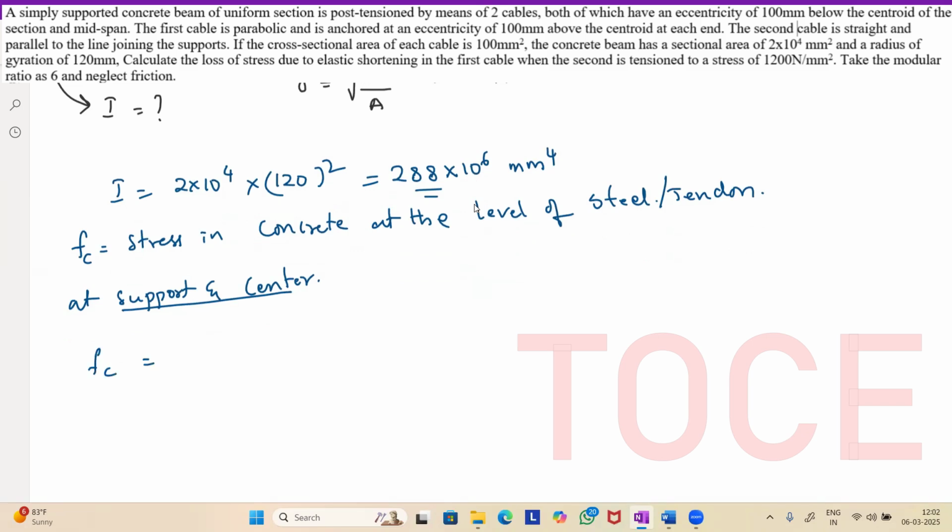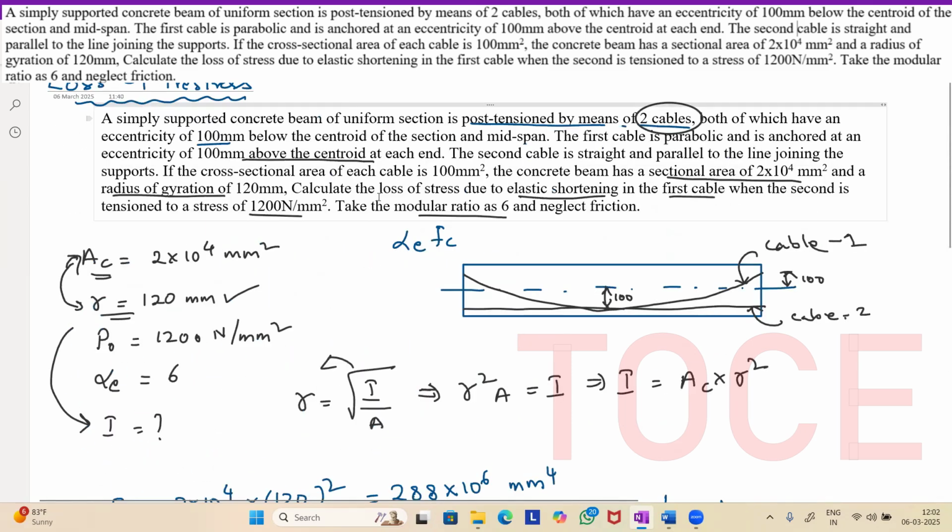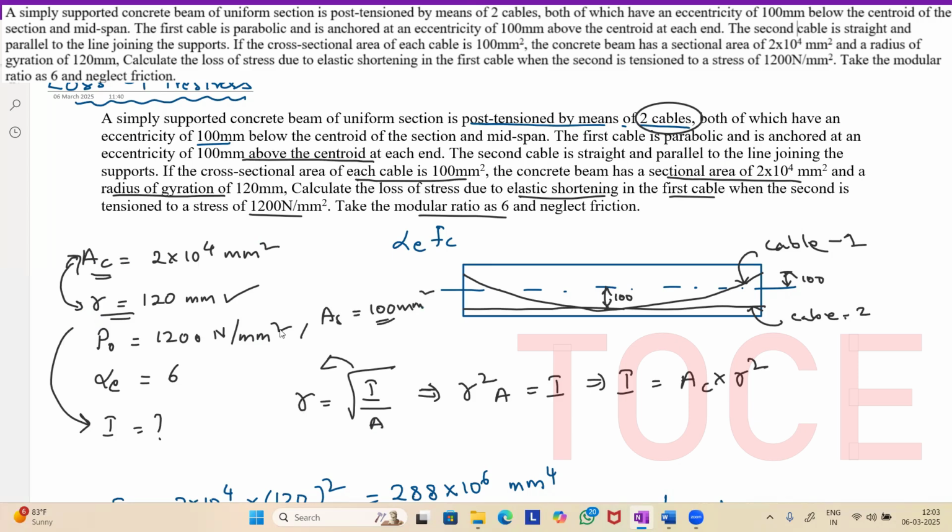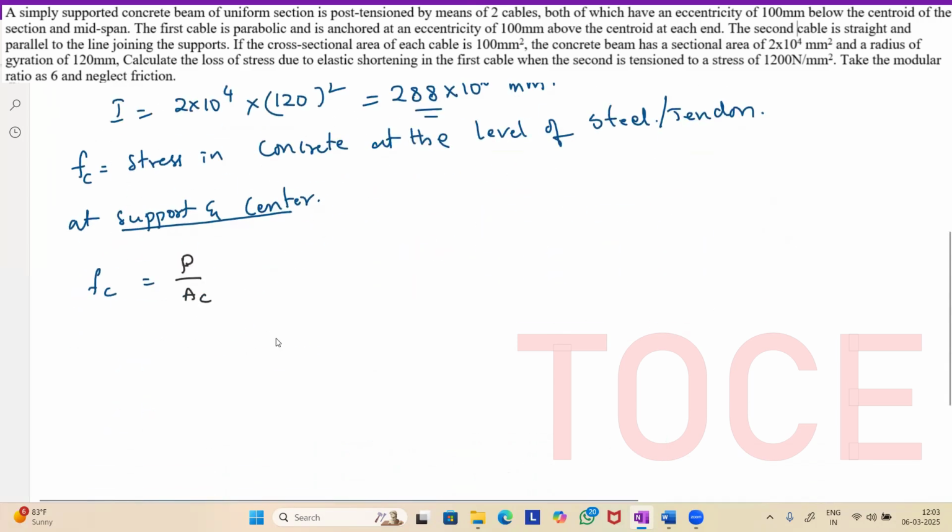FC is equal to the direct stress, that is P by area of concrete. For that we need to know the pre-stressing force, right? Did he mention the pre-stressing force? No, he has not mentioned the pre-stressing force, but he has given the initial pre-stress. In order to find the pre-stressing force, we need the area of steel. Here he has mentioned the area of cable, so the area of steel is equal to 100 mm square. Using this, we can find the pre-stressing force, and plus or minus